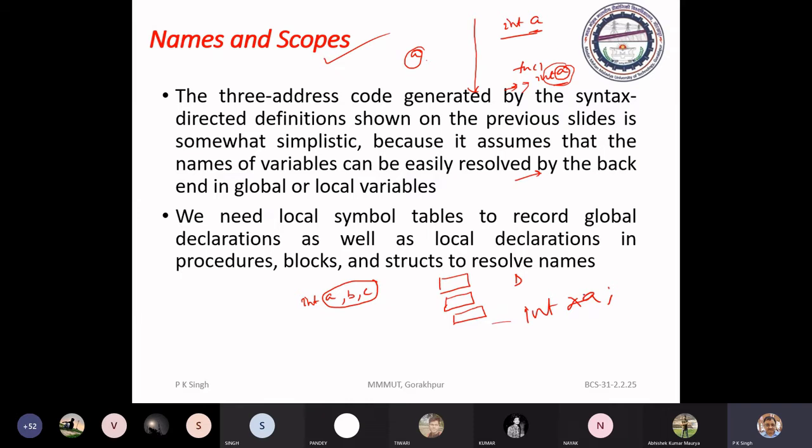What does this declaration say in C language? A is an address that holds integer type of information. So when you declare this name, there is no assignment.